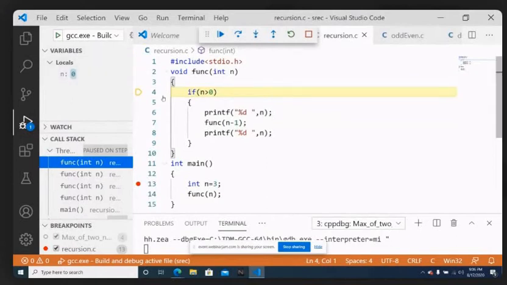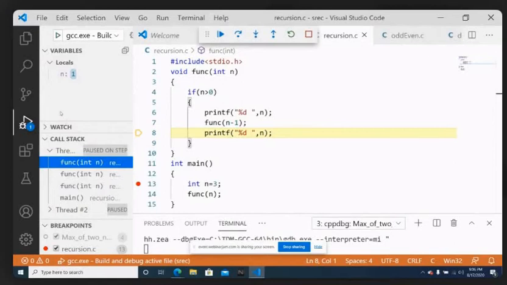Now look at this, n greater than 0 is a false condition. So you will not enter inside, you will come outside, where now you are in the closing curly brace of func, in the activation record where n is equal to 0. So once the closing curly brace is executed for this activation record, this activation record has to be deleted. Have a count of this. Totally 4 activation records are available. But if the present activation record gets deleted, hereafter there will be only 3 activation records for func. I can show you now. Once the closing curly brace is executed, only 3 activation records are there.